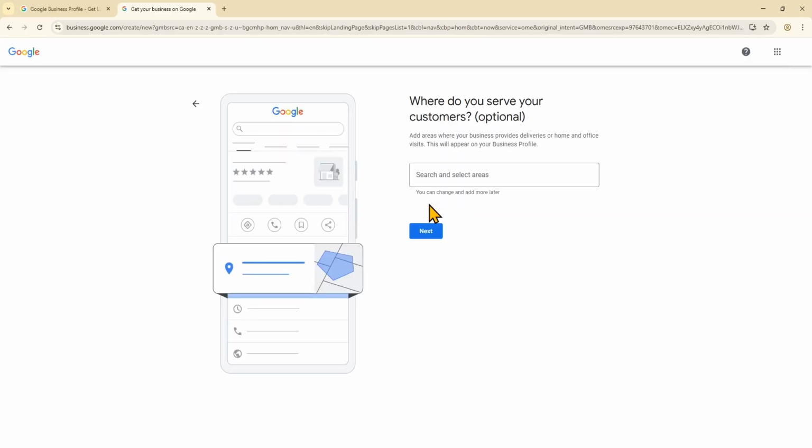Moving on, we'll choose your location for business. You want to add areas or towns that you're servicing, but don't go too broad, as Google may remove your listing if they find your servicing area is unrealistic.